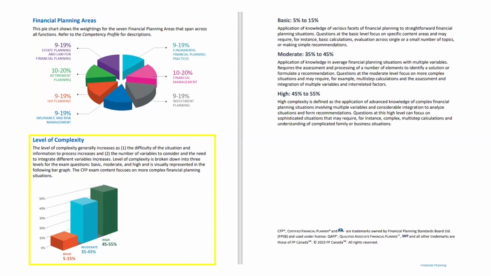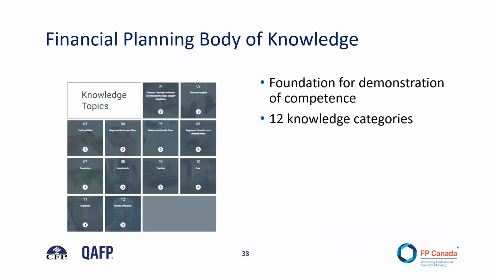Now, let's take a look at the financial planning body of knowledge. Technical knowledge is the first step for competent performance. The financial planning body of knowledge is essential to the demonstration of competency in the fundamental financial planning practices and the financial planning areas on the competency profile. You must first have the knowledge before you can apply it in an appropriate manner to a particular client situation. Knowledge around human behavior, decision-making, and relationships are important for the demonstration of professional skills. Appropriate levels of knowledge are required for the financial planning tasks and skills to be done.